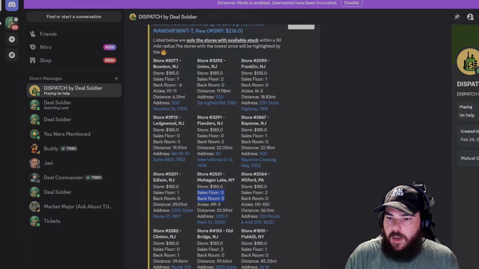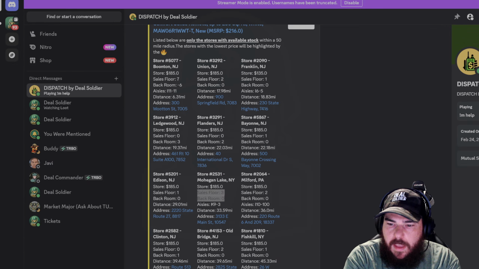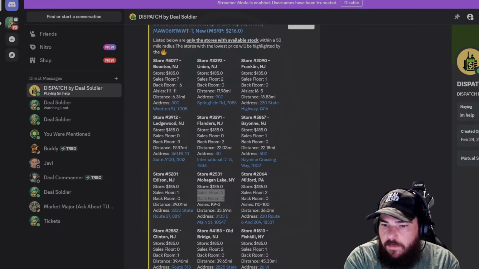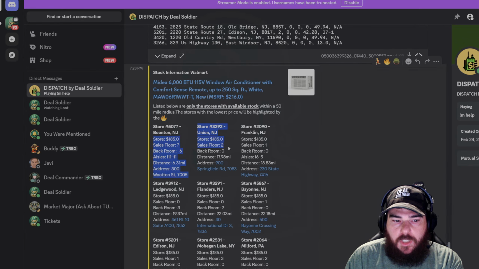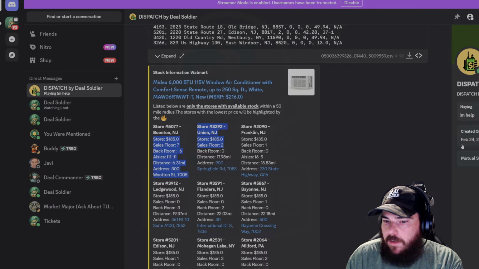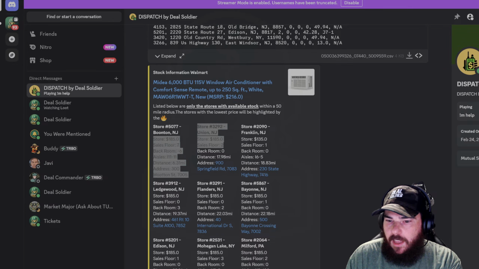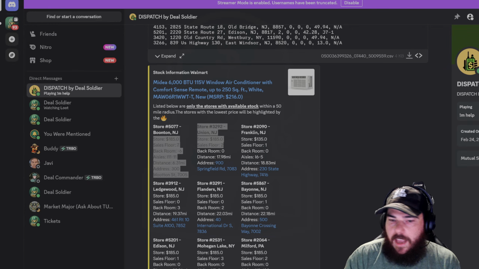Suggestions if Walmart brick and mortar won't accept online prices. I don't think I've ever had an issue with them accepting the online price, but now the way that Deal Soldier works is we're not looking at the online price, we're looking at the in-store price. So this is going to be the in-store price if you scan this, the same exact UPC at the register. We pull our inventory directly from their system, so we're able to see how many in stock and what their current price is in that store.